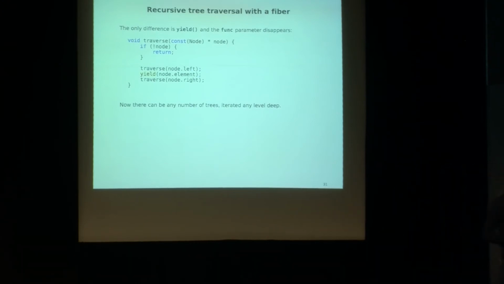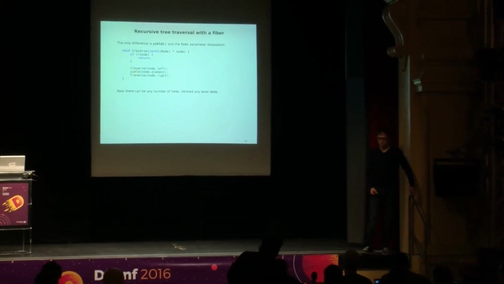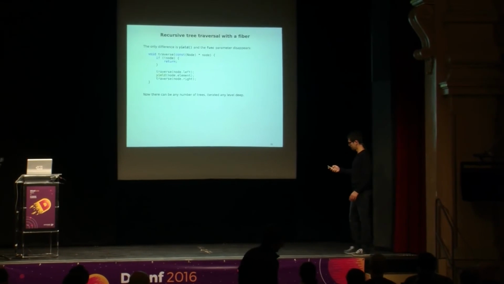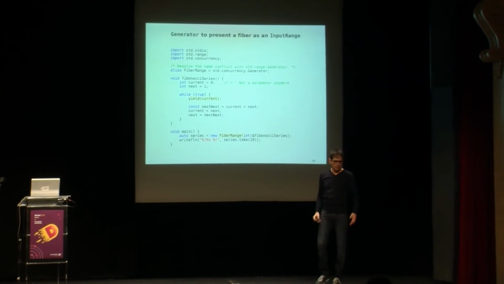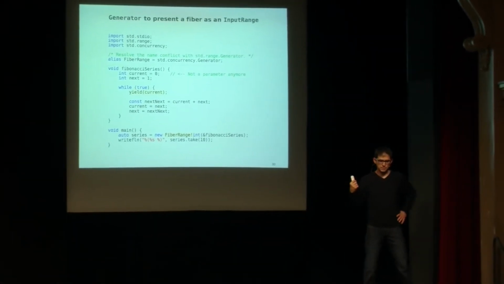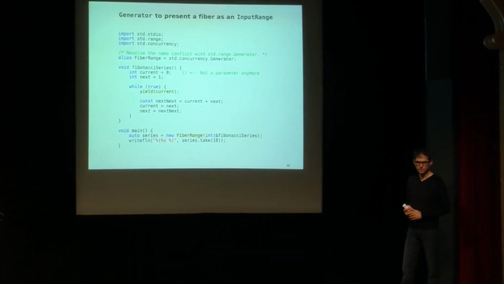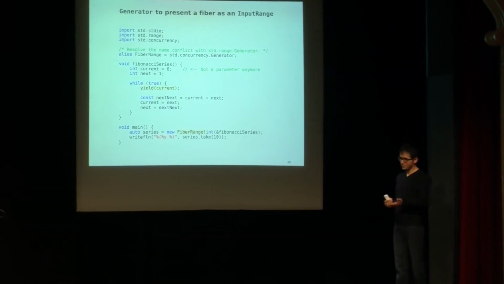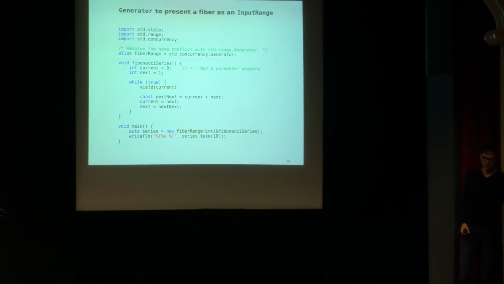Perfect. Other questions? Why don't you pass the yield function as a parameter to the fiber function as a solution to the type issue that you mentioned? Yes, so you're asking why not pass the yield function to the series. It can work, because the other tree traversal did that. So we would give it a function and it called the function. Well, it would make it a little heavier, I think. It would look the same, except inside the parentheses you'd have something like yield of int. Yeah, that could work.